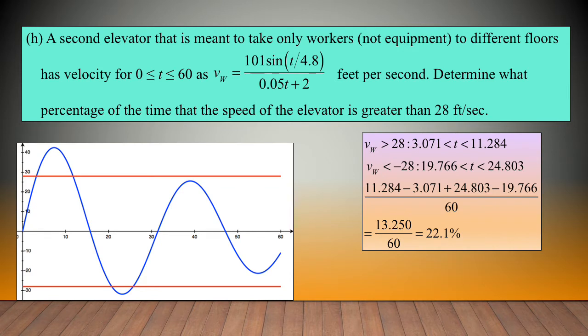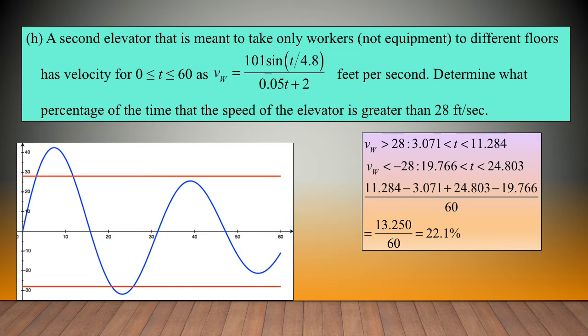This is a graphing problem. We graph the function in blue, and we also graph y equals 28 and y equals negative 28 because we are talking about speed. So we are interested in where the v function is greater than 28, and we see that that is between 3.071 and 11.284. We also find the interval where v is less than negative 28, and we get t must be between 19.766 and